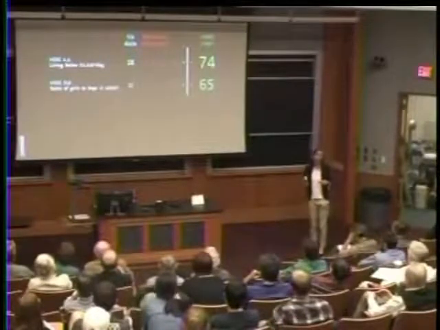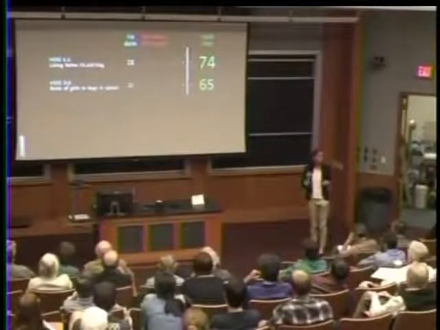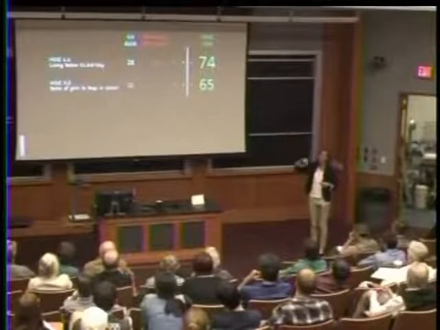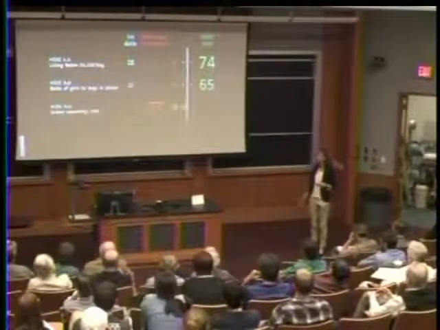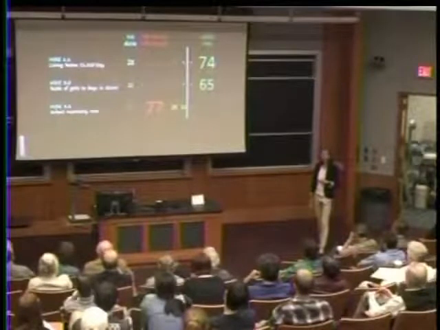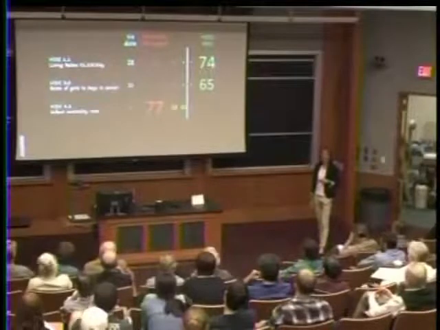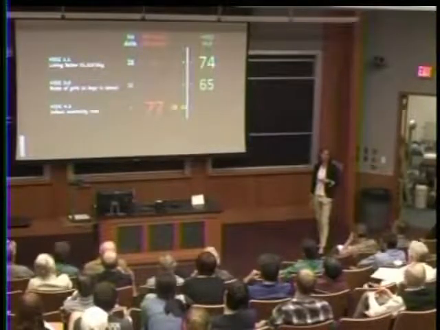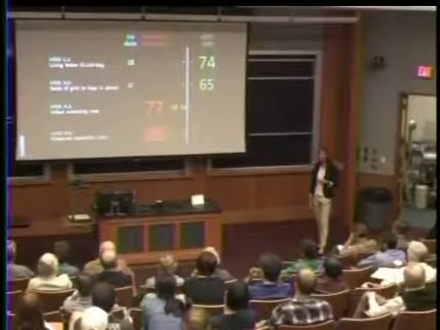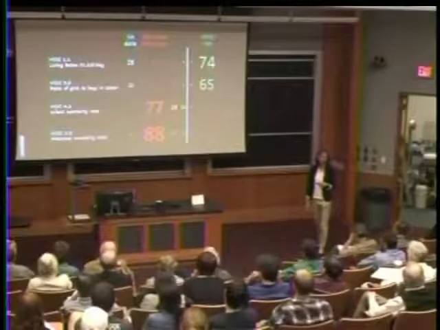Similarly, if we look at the goal to have equal numbers of girls as we have boys in school, 65 countries met that goal, only 28 are seriously off target. But if we look at the world's goal to reduce infant mortality, we only had 6 countries that met that goal, and we have 77 countries that are 15 years or more behind schedule to reach that goal. And it's even worse for maternal mortality. We have 88 countries that are more than 15 years behind schedule to achieve that goal.